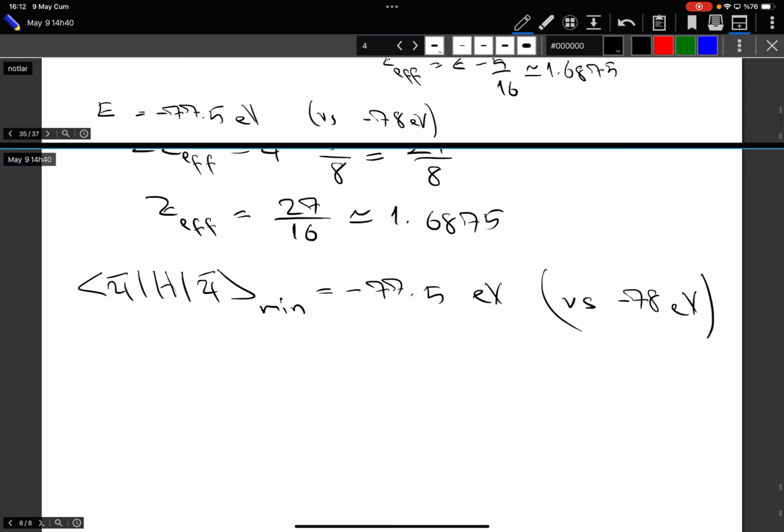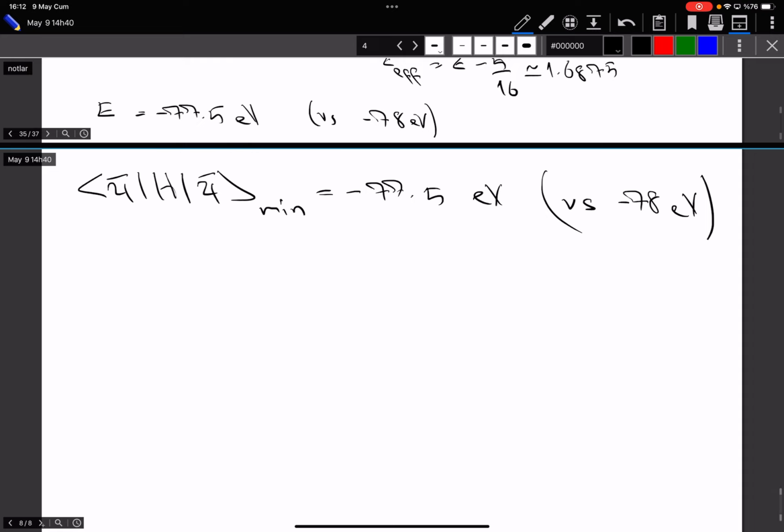Now, this was, of course, for the ground state. For the ground state, since the space part was symmetric, the spin part has to be anti-symmetric, and hence the electrons have a total spin 0 in this case. Now, let's look at when one of them is in the ground state, one of them is in the excited state. In that case, our wave function